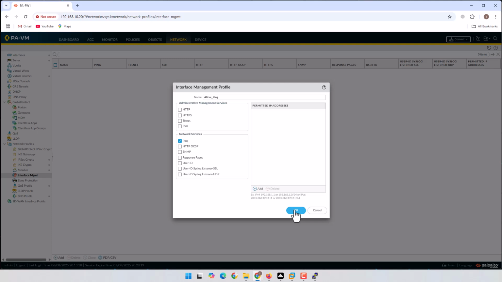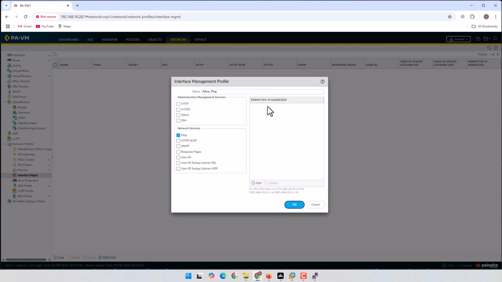I'm going to add that. And also, of course, you can add a range of IP addresses. You can say, for example, this range of IP addresses are allowed to ping this firewall or to access the HTTP server and so on. But let's delete that. I'm going to allow everything,